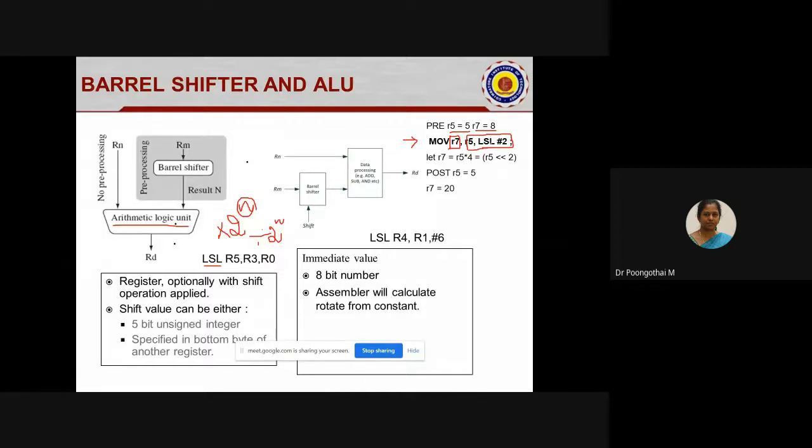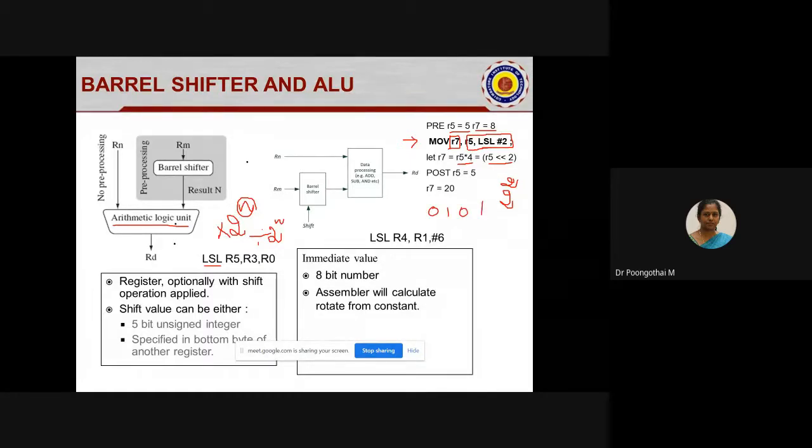So what is the purpose of this instruction? It is going to perform the multiplication operation, that is, multiply the content by 2 power of n. I am shifting the R5 content 2 times towards the left direction, which is equivalent to R5 into 2 power of 2. Is that clear? Yes, ma'am. So what is the content of R5? R5 is 0, 1, 0, 1.